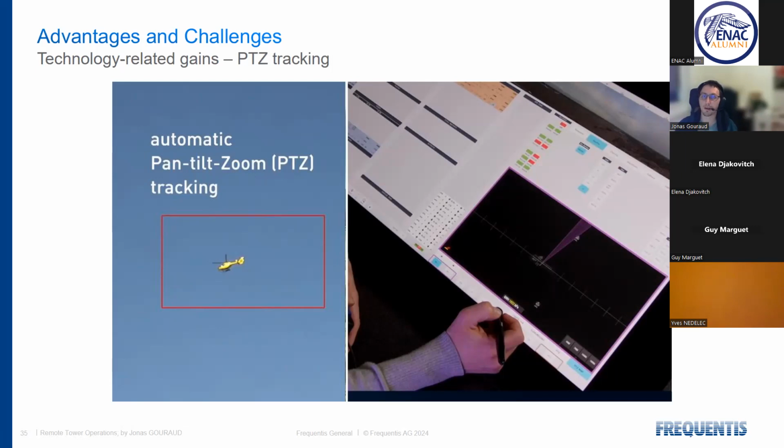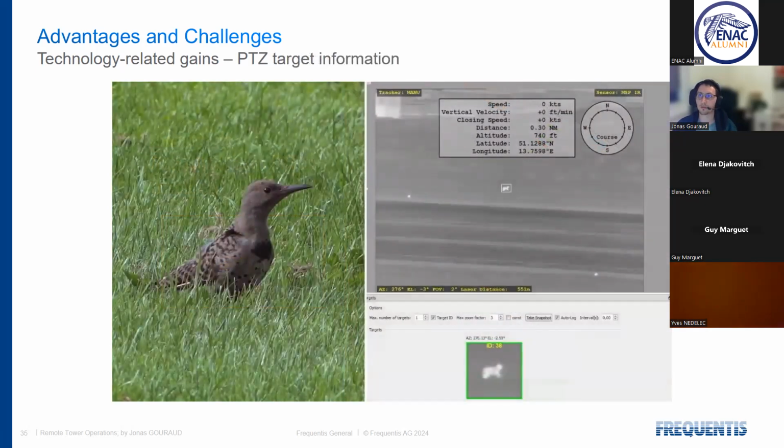They can directly click on it and make the PTZ follow this plane, even if it's far away. It has the data through landing, through running, and through to the Python slot actually. And they just had one click for this, so it's definitely something that is improving the lives of the different controllers. Also, the PTZ can give information about moving objects that are not planes, for example, animals, with the speed,